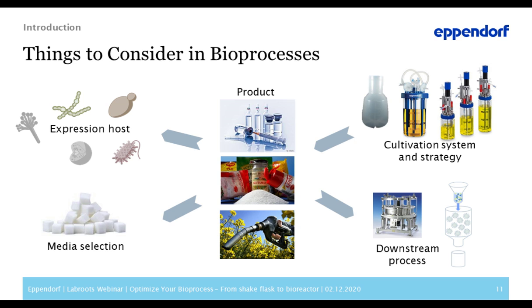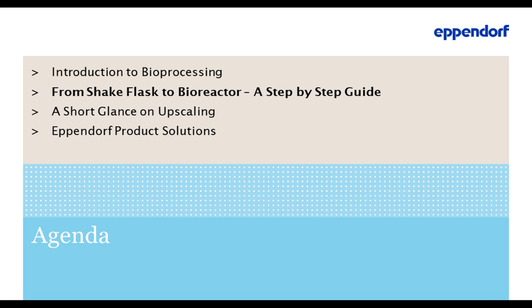So, last but not least, after growing and expanding the culture and hopefully the product, the selection of the adequate downstream process is crucial to get the product from the culture in the needed quality, amount, and stability. This aims at purifying the product by separation, cell disruption, concentration, and many other techniques. But that is another big chapter which is out of scope for this webinar. And with this, we come to the